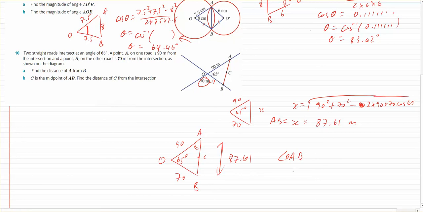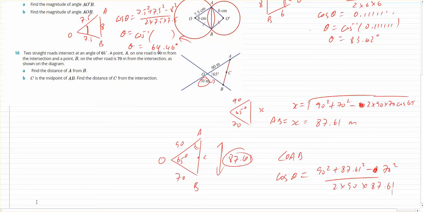Because we know this length, we can go cos of theta equals 90 squared plus 87.61 squared minus 70 squared divided by 2 times 90 times 87.61,